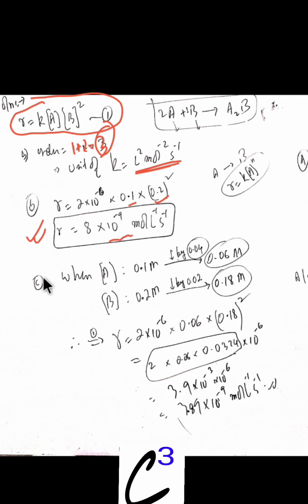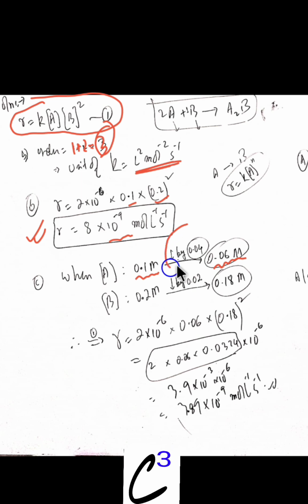Now let us move to the next part of the question, last part of the question, which is very important. When concentration of A is reduced from 0.1 molar to 0.06, the concentration is decreased by 0.1 minus 0.06 is equal to 0.04. So the decrease in concentration of reactant A is 0.04. Now